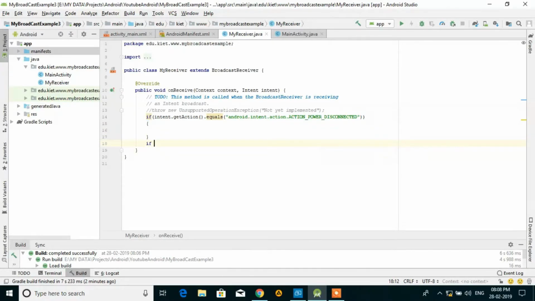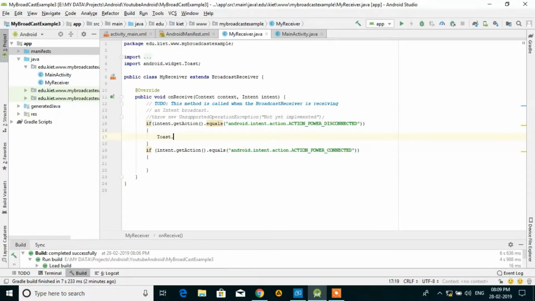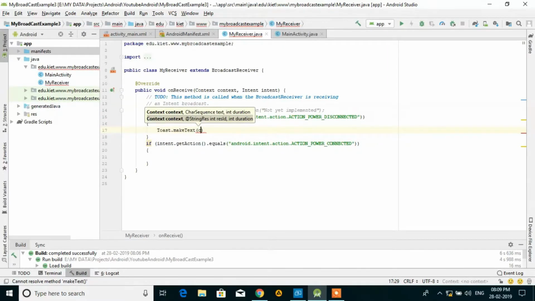Same for connected. So we have to fire a Toast. Then context we have to pass.